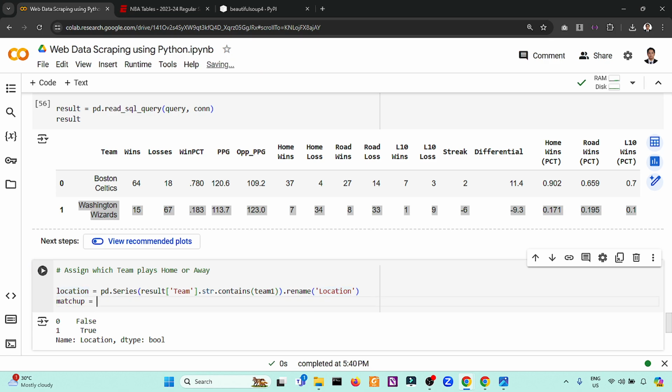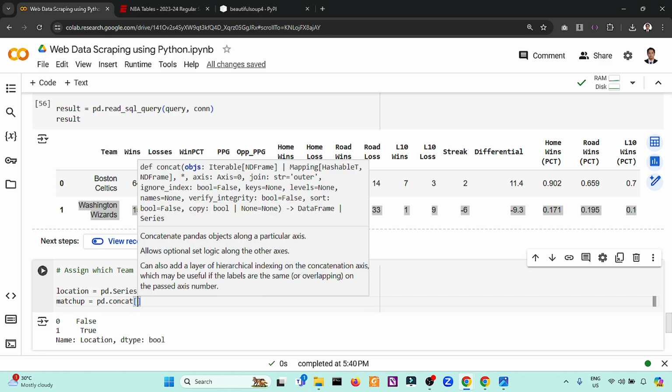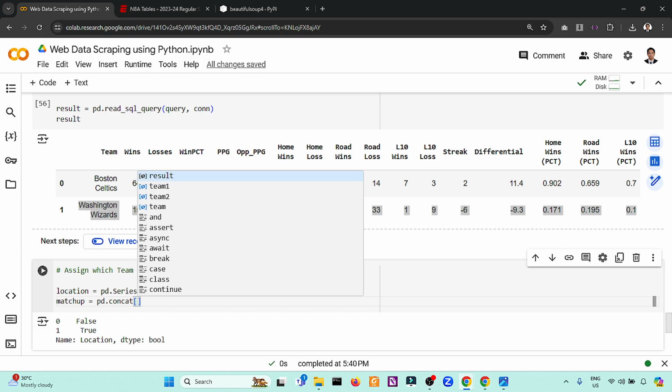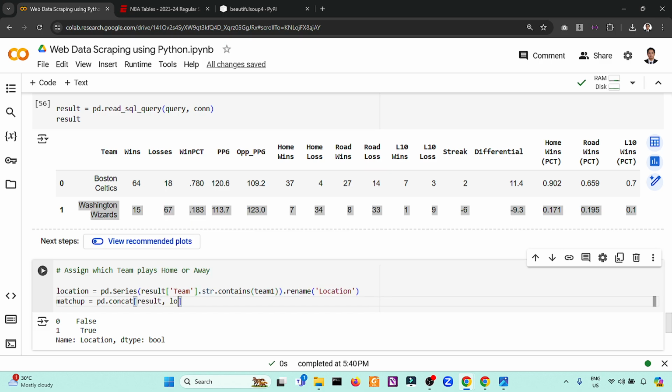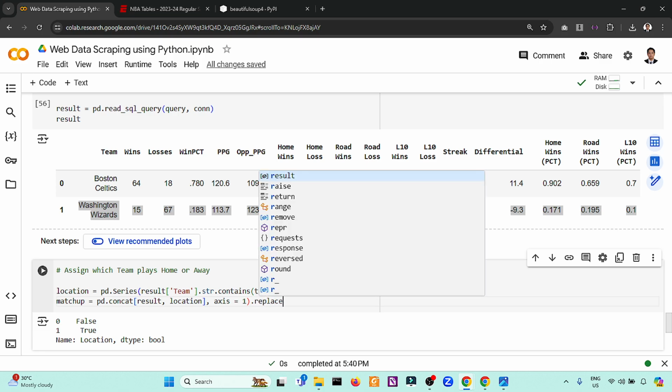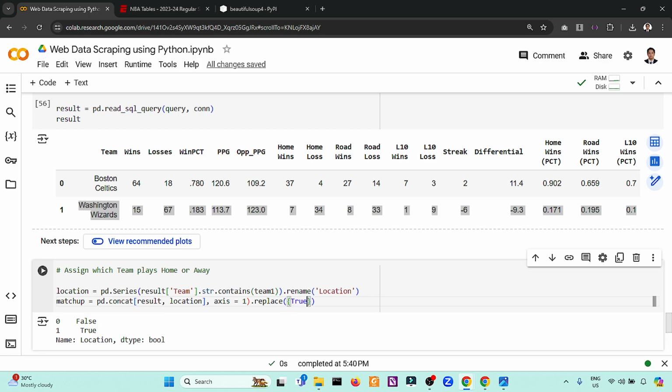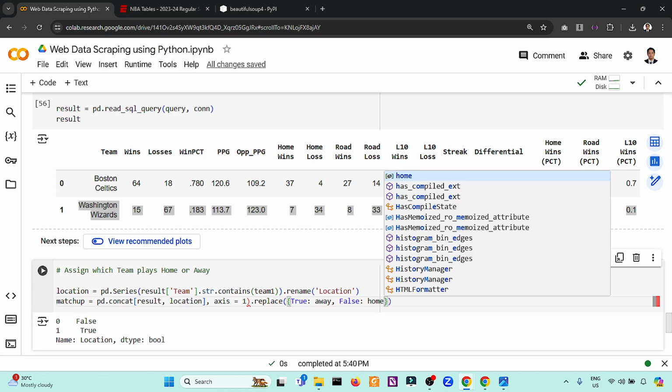For example, matchup is equivalent to pd dot concat. So we will concatenate the result of the SQL and our location with an axis of 1. Then we try to replace the true value, which is true, maybe with away, or maybe it's the opposite, and the false with home.